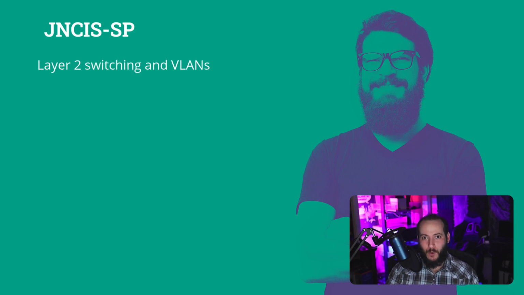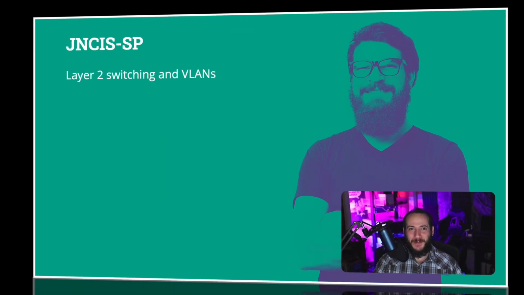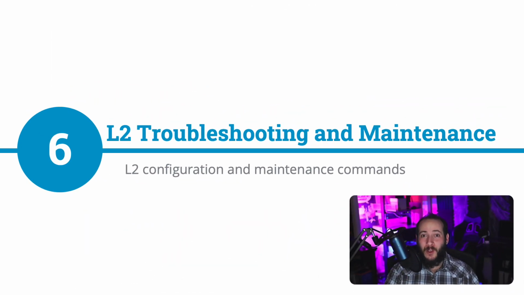In this section of the course, we're reviewing Layer 2 switching and VLANs, where we're covering Layer 2 switching mechanisms and Ethernet switching configurations in Junos. In this video, we'll be covering Layer 2 troubleshooting and maintenance task workflows, and common commands used for gathering information